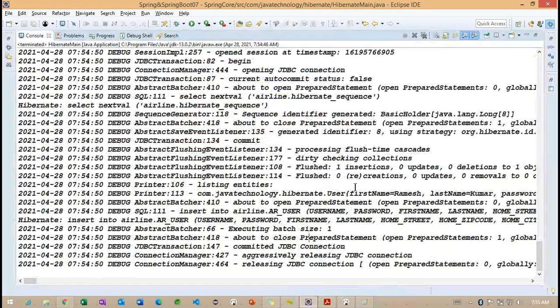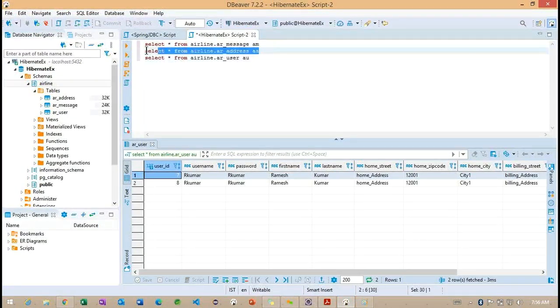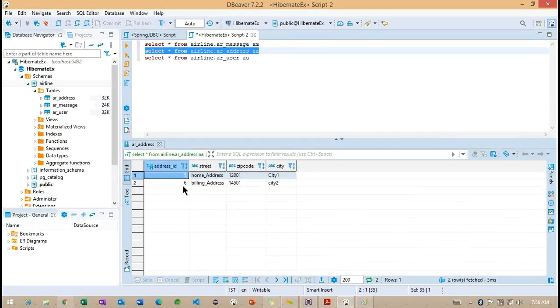Hibernate is going to provide the next value, because internally it's creating one sequence here, the airlines.hibernate_sequence. Based on this sequence, the values are going to be generated.